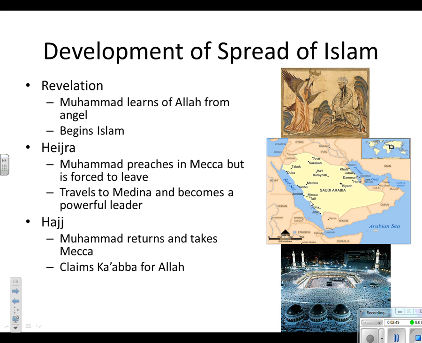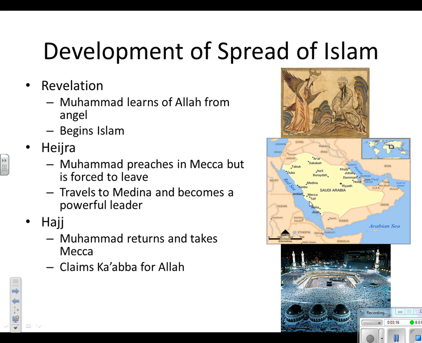So we have Mecca here and Medina up the coast. While he was there, he didn't have to compete with other religions and the importance of the pilgrimage spot. So he was able to actually become a very powerful leader. He became a military leader, a religious leader, and a political leader, wearing 3 different hats. This made him very, very powerful. He was very charismatic. And he ultimately returns to Mecca in something called the Hajj. This is when Muhammad and his followers go from Medina to Mecca.